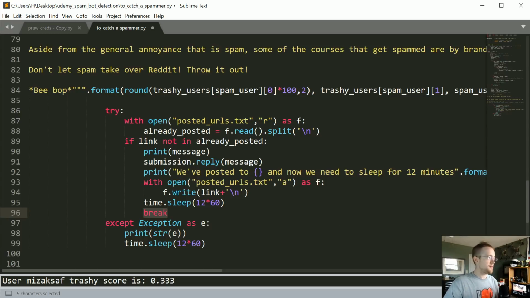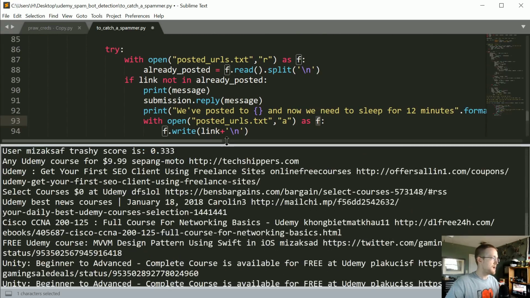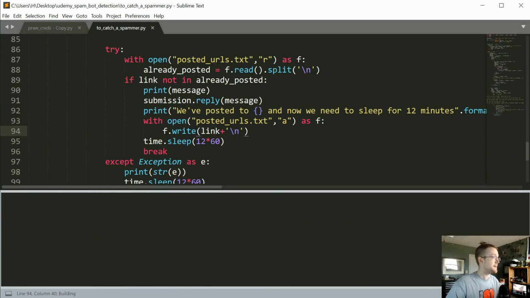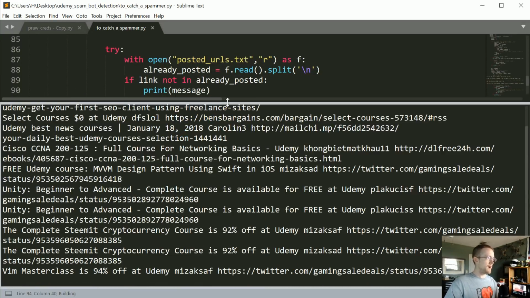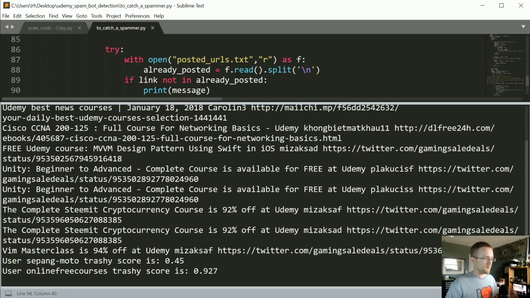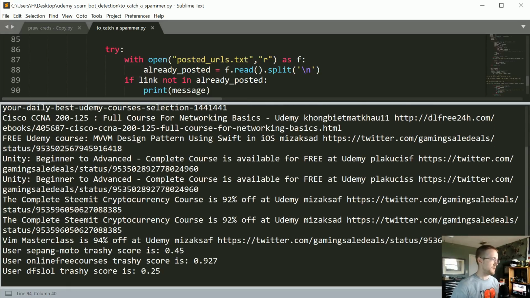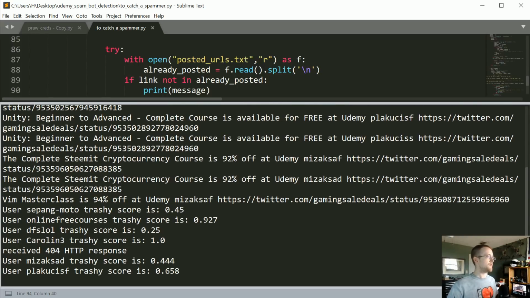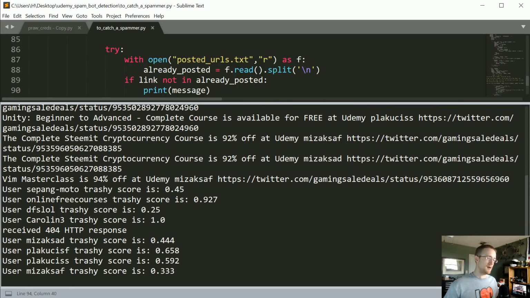So we can run this now. I'm not sure if we'll actually find spam this time around, but let's just see. Because I've been running this, I'm not really sure that we'll find any spam. But we'll see what we get. And, see, we returned a 404 for some username. I don't know who it was, but